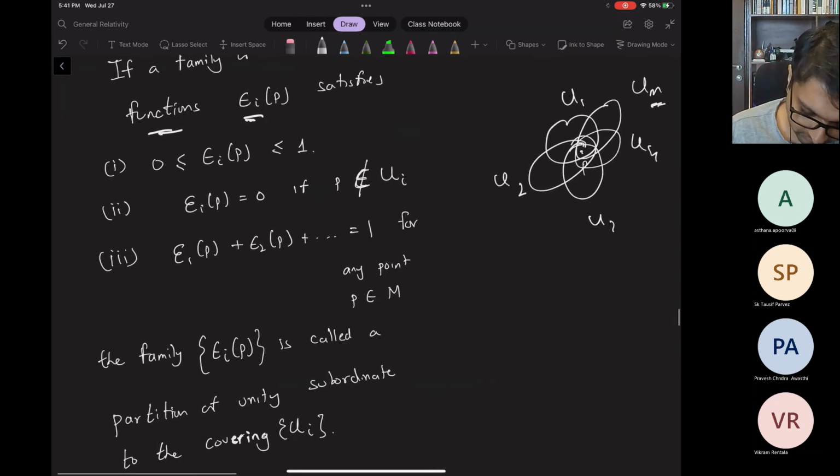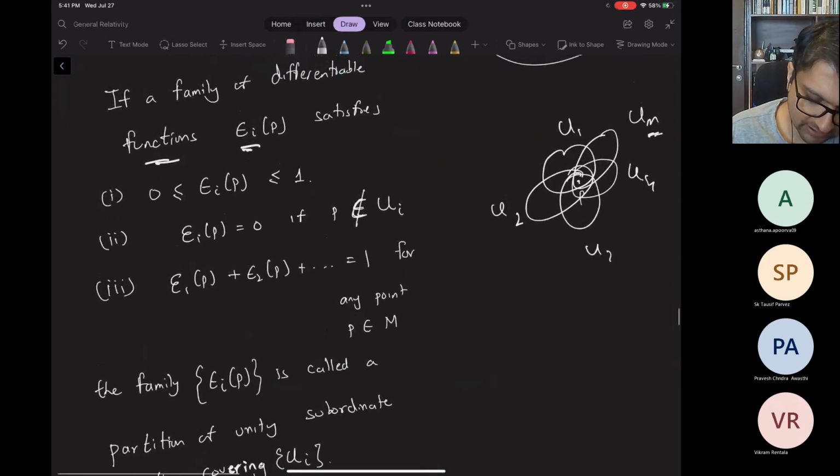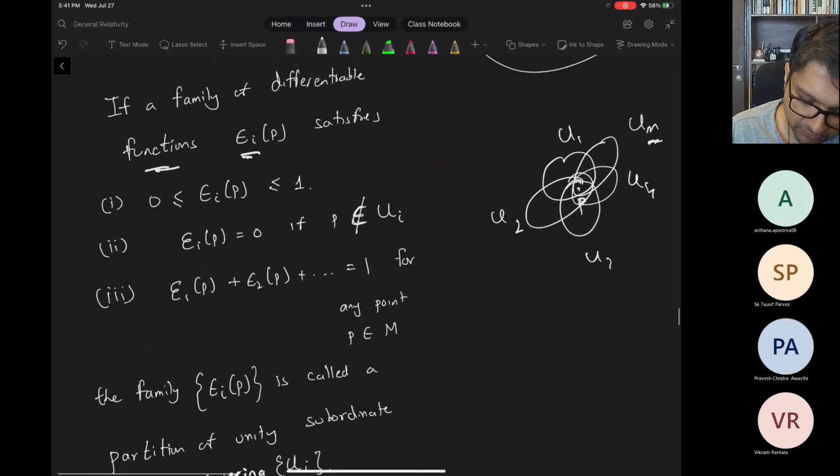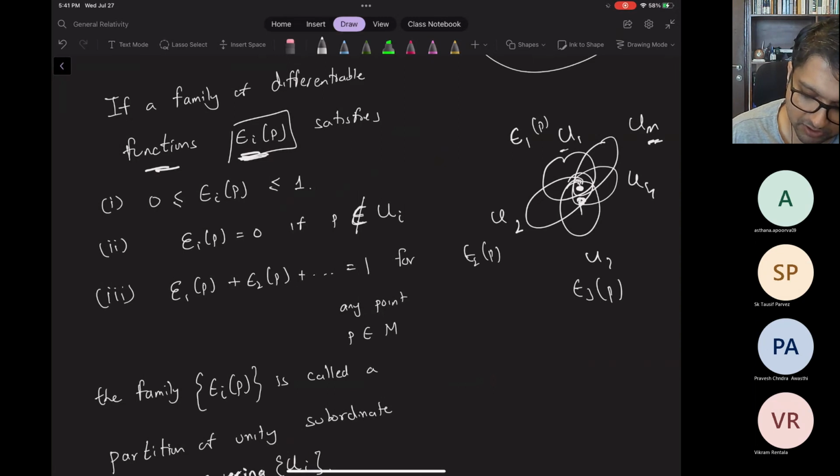And now I will assume that associated with this point P, I can define some functions epsilon i of P such that I am going to weight the integration in this overlap region by epsilon 1 of P, which is associated with U1, epsilon 2 of P, which is associated with U2, epsilon 3 of P, which is associated with U3, and so on, in such a way that this epsilon i of P is defined such that,